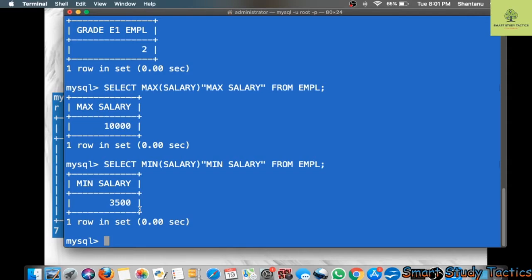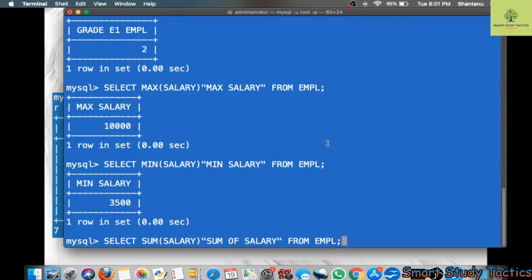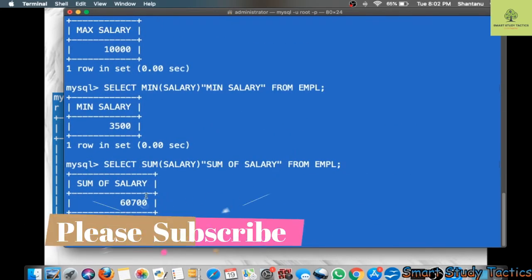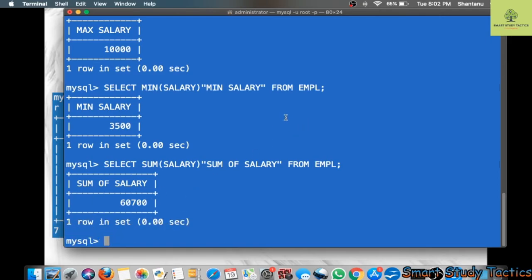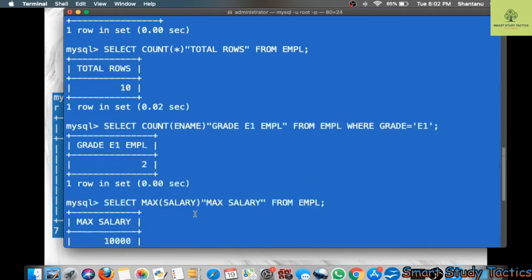Now in a similar way you can get the sum of the total amount. If your boss wants to know how much money I am paying to my employees, what you want to do is sum of salary. In the place of min, you have to put the sum function, sum of salary. It will calculate the sum of all the values in the salary column. Now you can press enter. 60,700. Your boss is paying 60,700 to their employees. Is this clear to all of you? I think things are clear to you.